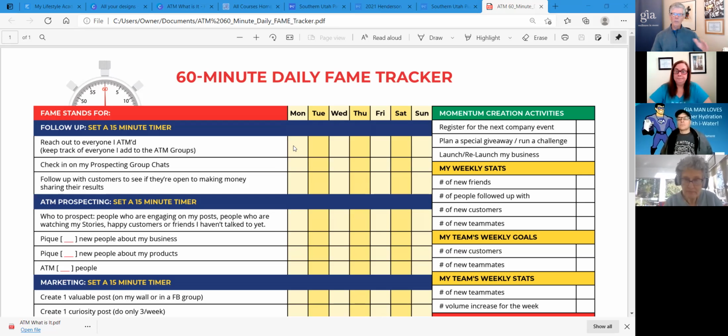So that at some point, you might have pages and pages and pages of people that you've added to the group. But the key is that you're going to know who they are. You're going to be able to go back to your list and refresh your memory and then reach out and connect with those people. So reach out to, it says reach out to everyone. Now that may not be possible because you might have so many, but I know for me, I'm going to go on Messenger, Sue,